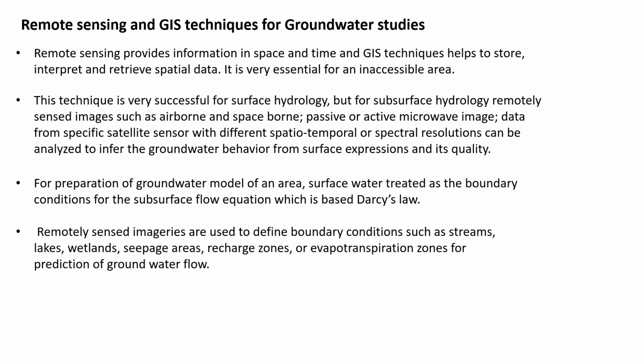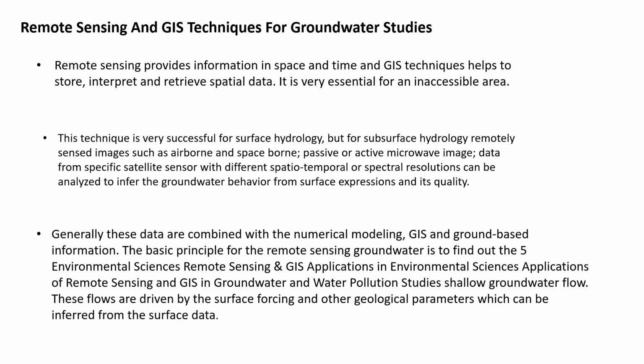Darcy law is basically velocity V is directly proportional to hydraulic gradient. Hydraulic gradient means head loss per unit length. Remote sensed images are used to define boundary conditions such as stream, lakes, wetlands, seepage areas, recharge zone, or evapotranspiration zone for prediction of groundwater flow. Moving to the next slide,